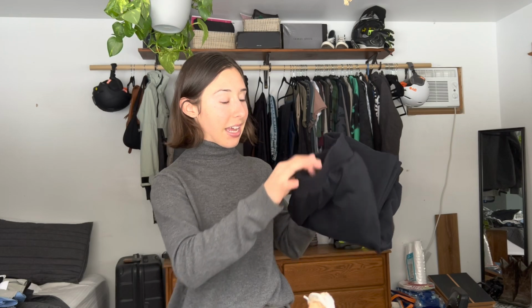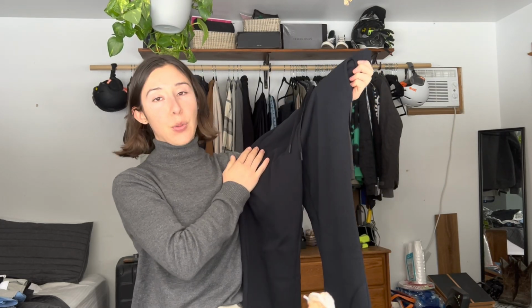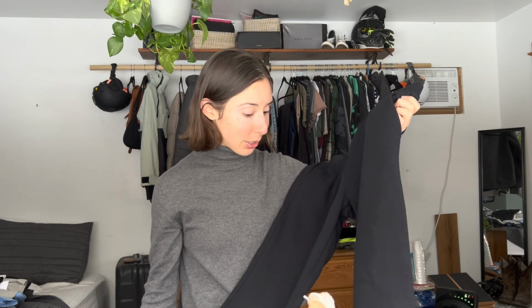I bought a pair of sweatpants, which isn't a part of the wardrobe, but I have them right here so I can show you. These sweatpants are fleece lined, and they just look so nice. For sweatpants, they look really good, like I could wear this as an outfit. They look really good in person, and they are so warm, so beyond warm. I want another pair,